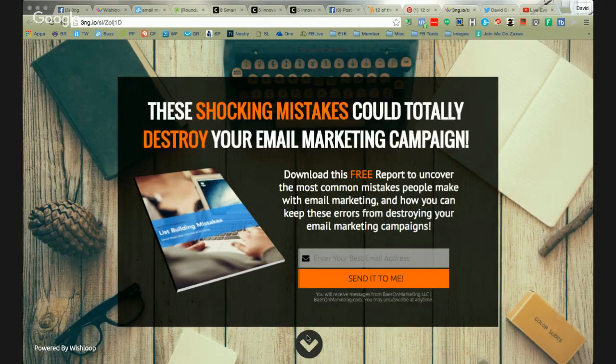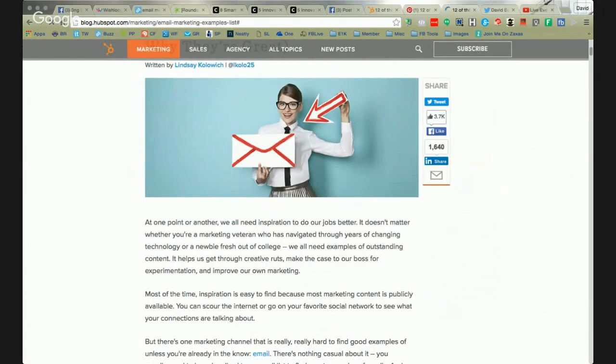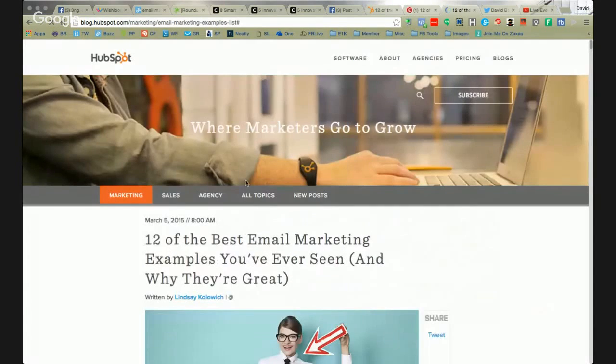Let's go ahead and close that up, and we'll go back to the article. Okay. And so think about the relevant ways that you might be able to share content. So we should be back here now.